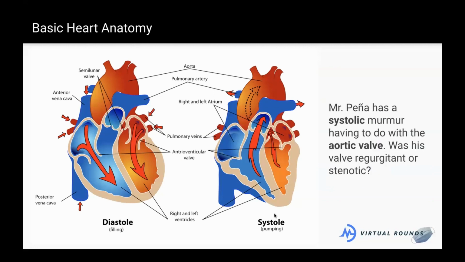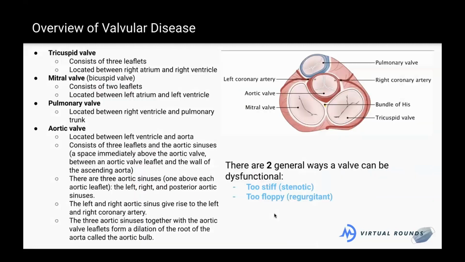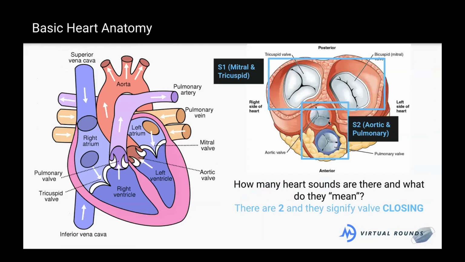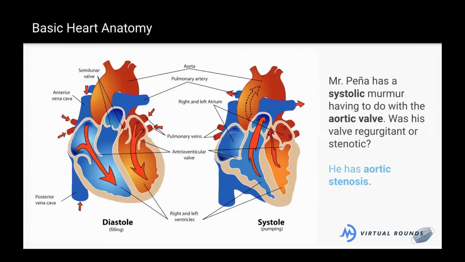Now, why do I have chest pain? If I'm not able to push blood out through this valve, guess what else doesn't get blood? This little vessel here is above the valve. If I'm having trouble getting blood out through this valve, I'm not going to be perfusing the heart muscle itself very well. And that's why it can look a little like a heart attack. It's not because there's a clot in the vessel. It's because I'm just not getting a ton of blood out to the heart muscle itself. So that's why it can present like a heart attack, which is kind of cool.